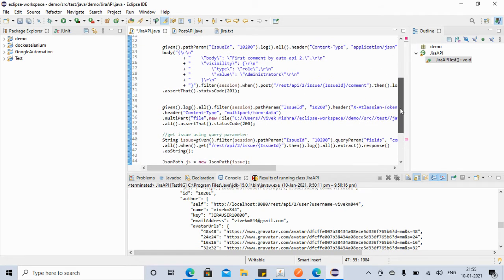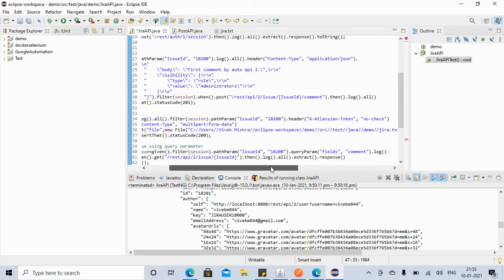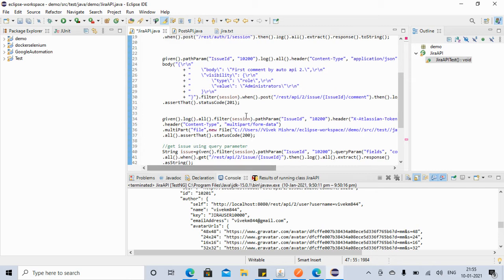When we are adding the comment here, let's see if we are retrieving the comment id here. When we were adding the comment, we didn't retrieve the comment id. So we have to retrieve the comment id.